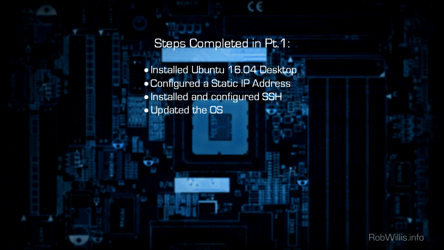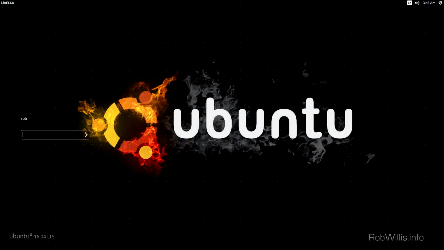So the steps completed on the VM so far were we installed the base OS, and I'm using the desktop version here, but the steps should be the same on the server version. I've configured a static IP address. I've also installed and configured SSH, and I've updated the OS with all of the latest packages. Alright, so now that we got that out of the way, let's go ahead and get started with setting up